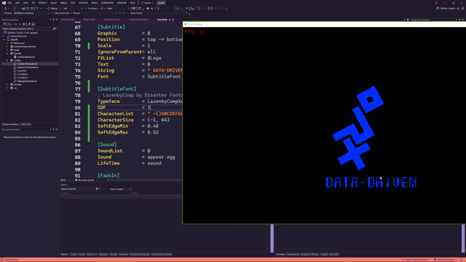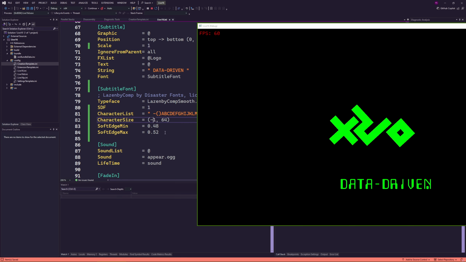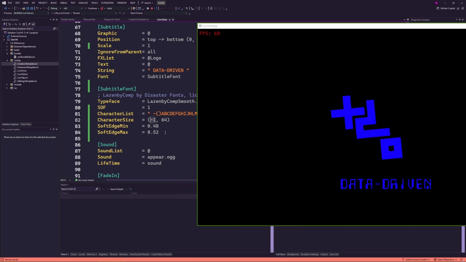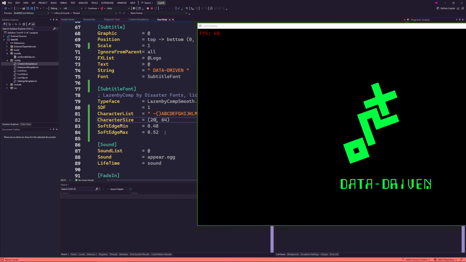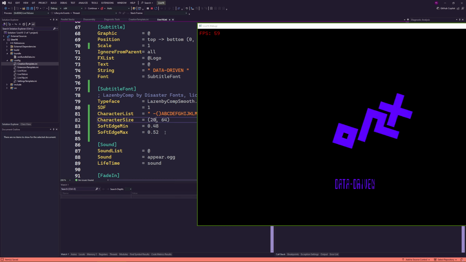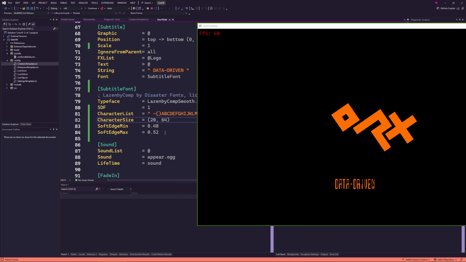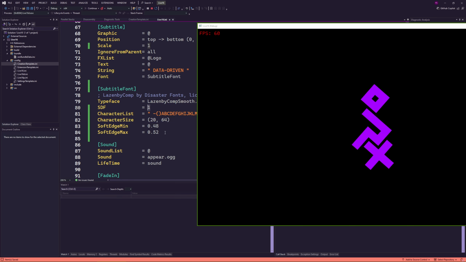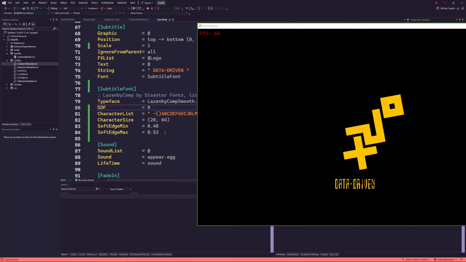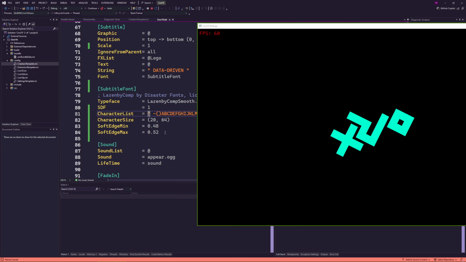You can see the I now takes the same space as the rest. And we can actually specify the width we want. Let's say we want a very skinny font, only 20 pixels wide by 64 pixels tall. If we put it like this, we see very skinny characters here. And that works even with no SDF, right? It's not just for SDF, it works for any kind of font.